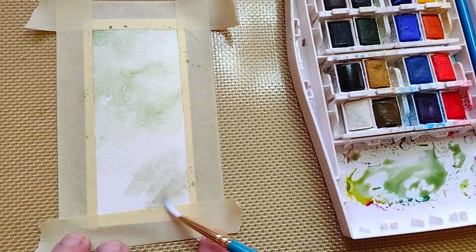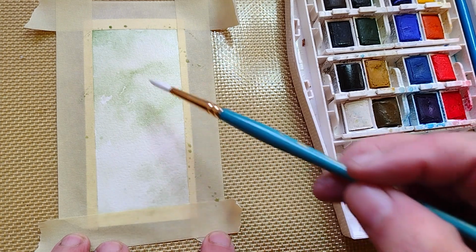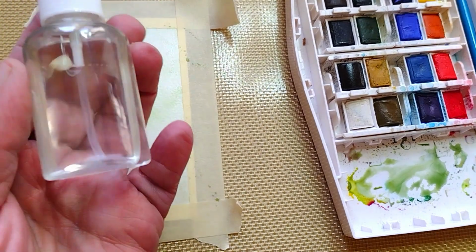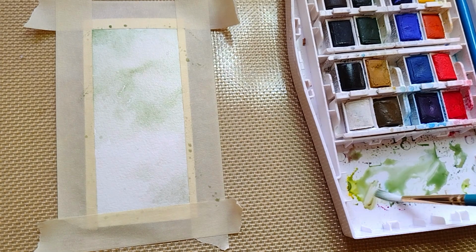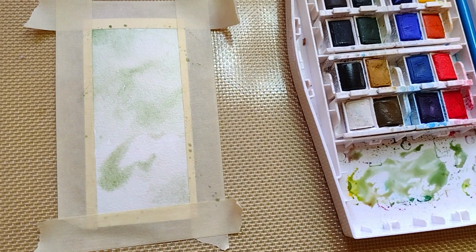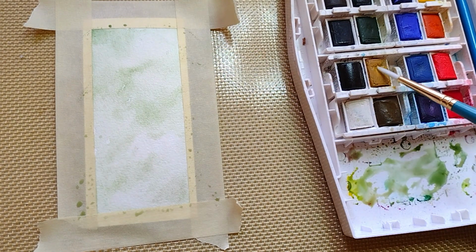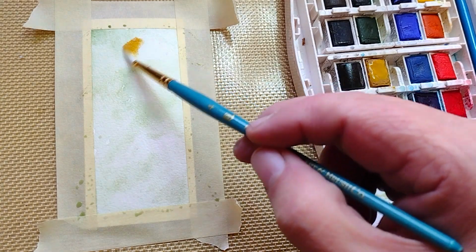Kind of soaks up the paint, which is good. And you can always prepare your paper by pre-wetting it, like with a mister like this. You can get that at any Dollar Tree or Michael's. All right, so that's the first layer, and since I'm kind of anxious to get the ball rolling,